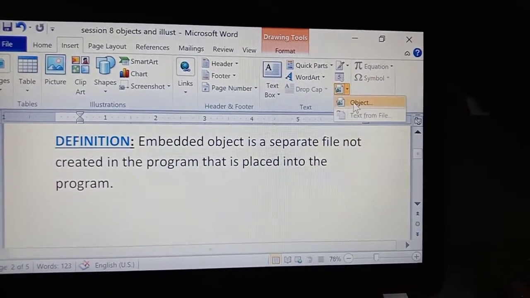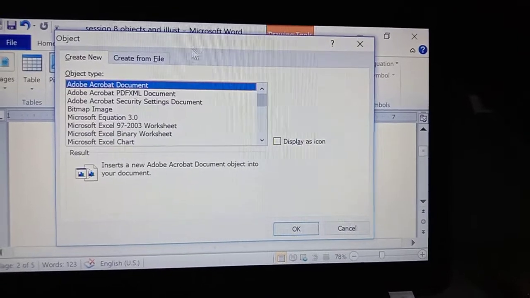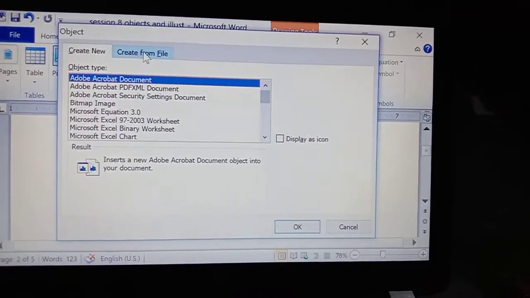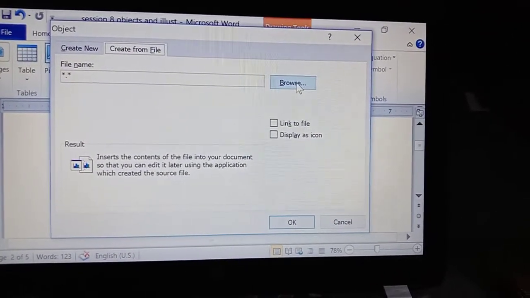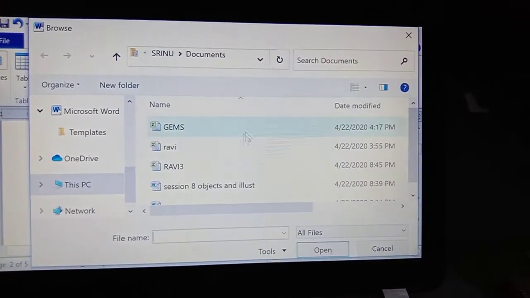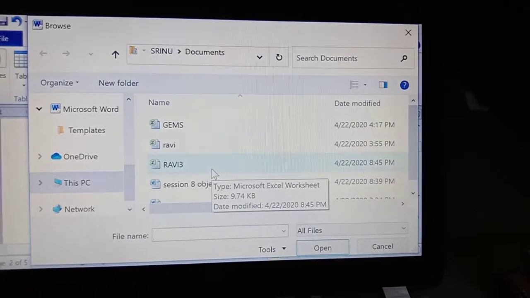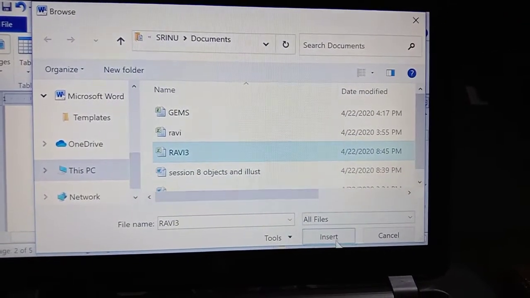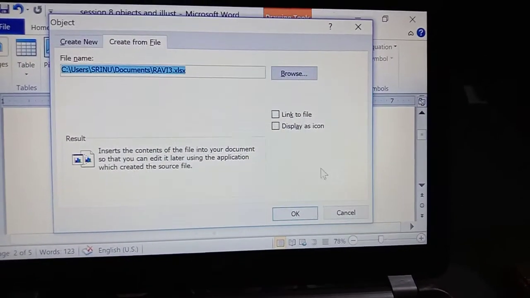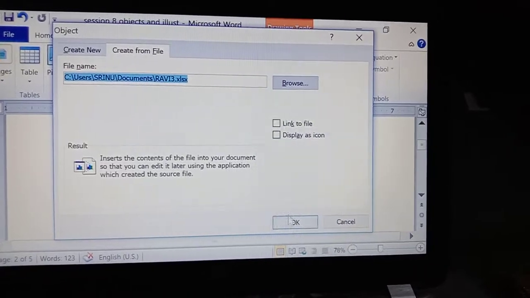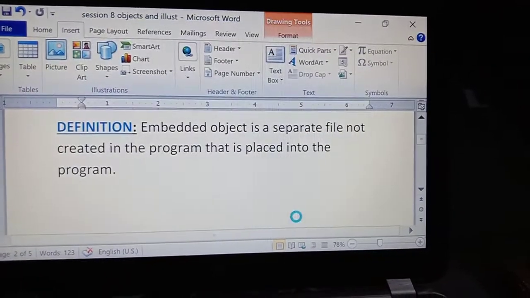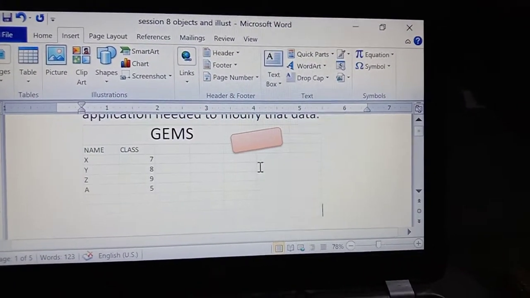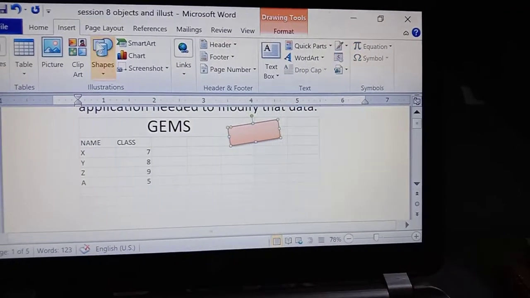Click on this Object. Here we have Create from File. Click on Browse. In Browse, for example, an Excel file is there. Here Ravi 3 is the Excel file. This one I am taking. Click on Insert. After that click on OK. See here, automatically what happens, this one I am deleting.